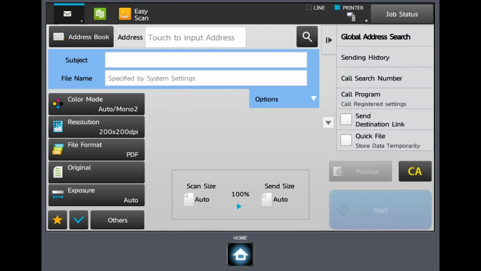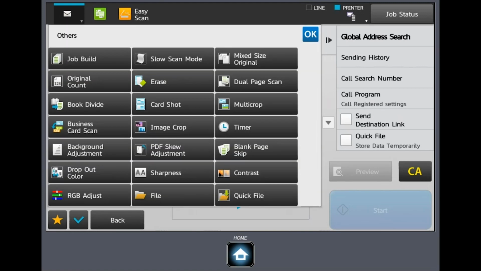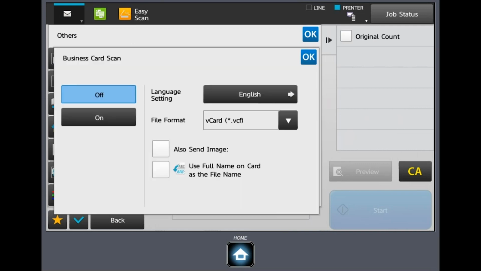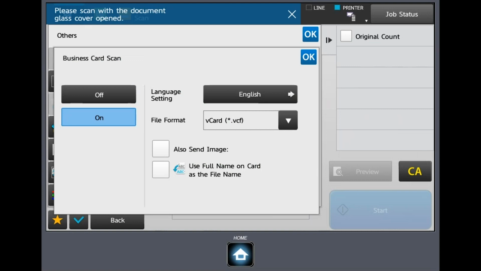We're going to clear it all out and go back into Others. And I'm going to point out an option called Business Card Scan. When I make that selection and turn it on, I now have the ability to scan multiple business cards, place them on the glass. I do need to leave the document handler up, as you see in the message in the upper left-hand corner. And now I can lay all of those on the glass, as many as I want, and just leave a little space around each of them. And I can scan them back as V cards, or I can scan it back as a CSV